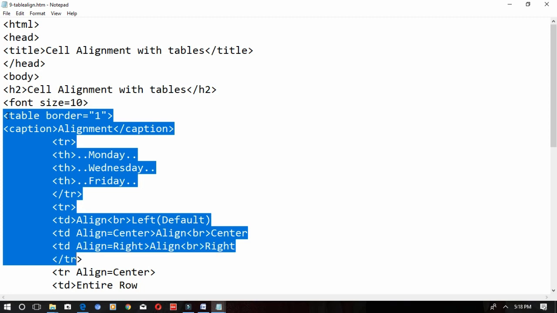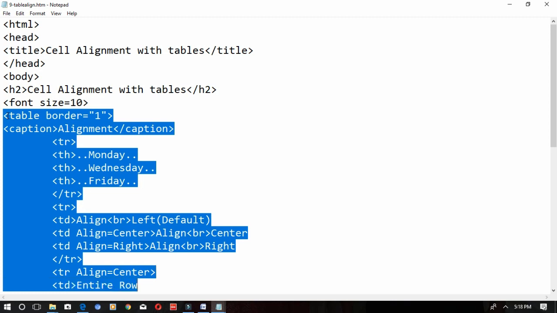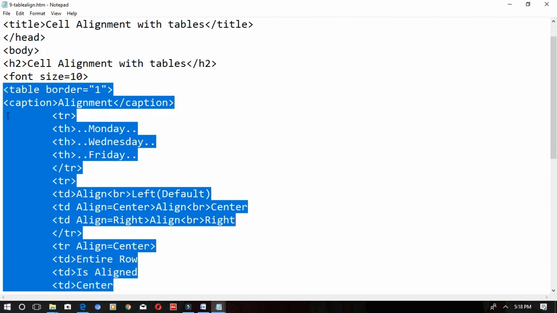So close the TR tag. Now again one more TR tag has been opened. See, it will arrange the whole table row as in center. So TR align is equal to center we used. In the previous one we have used the align attribute of TD tag, here the align attribute of TR tag. So here I have created 2 tables. First table will show you the align attribute, second table will show you the VAlign attribute. Okay, so now the entire row is aligned center. So that I have displayed in the table description of these 3 rows.